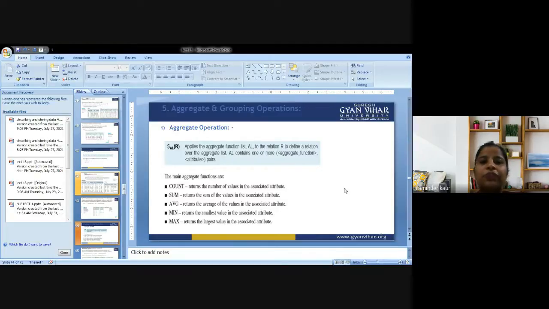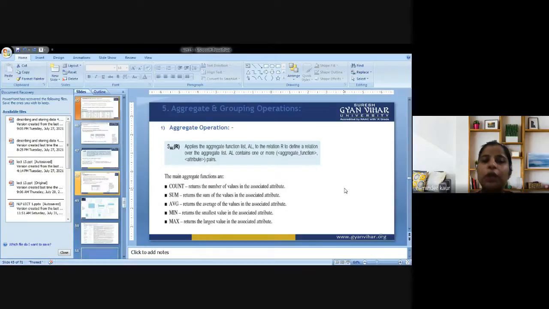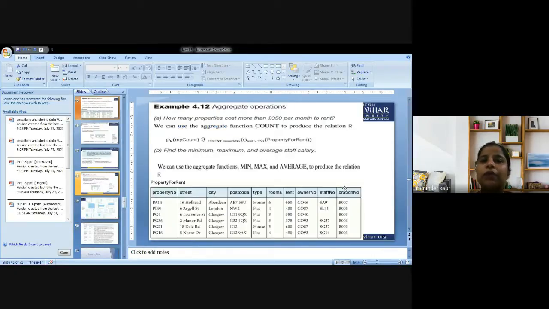Next is the aggregate operation. Aggregate operations are concerned with count, sum, average, min, max operations. We are supposed to find the count, the total number, which could be applied to any attribute, like how many products are there in the relation, how many customers have bought something, and you can specify the condition for the same. In addition, we deal with the average operator, to find the minimum value of an attribute or the maximum value of the attribute. So we are supposed to use aggregate operations in that manner.